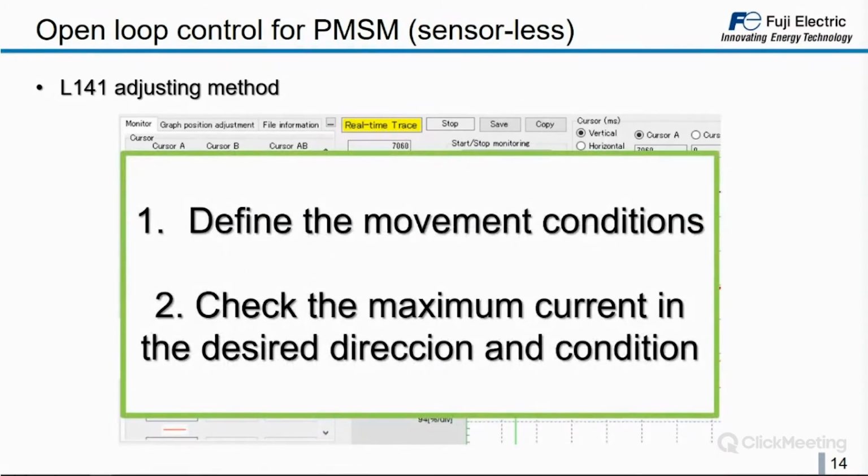So basically, to adjust the parameter, we need to define the movement conditions. So we are going to move in up direction or down direction. We want to perform the rescue with full load or not full load. And we need to check the maximum current under these conditions.